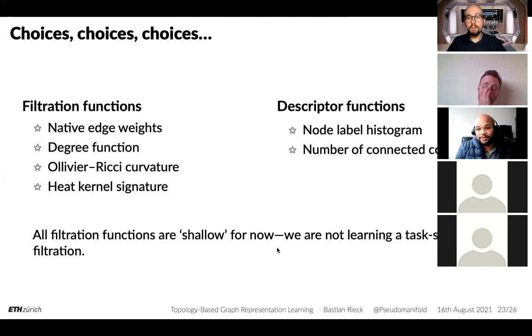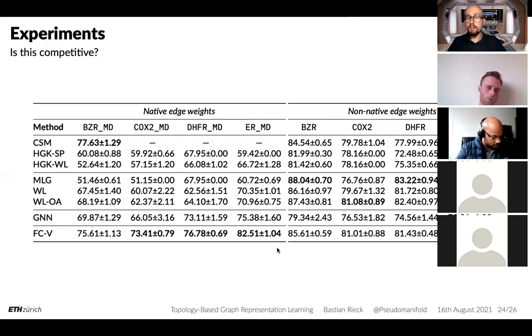Actually, I have another question. So all the tasks you did in the end, all the graph classification tasks, can you just tell a bit more about what the specific task was? Do they vary over a wide range of different kinds of classification tasks, or are they all, say,